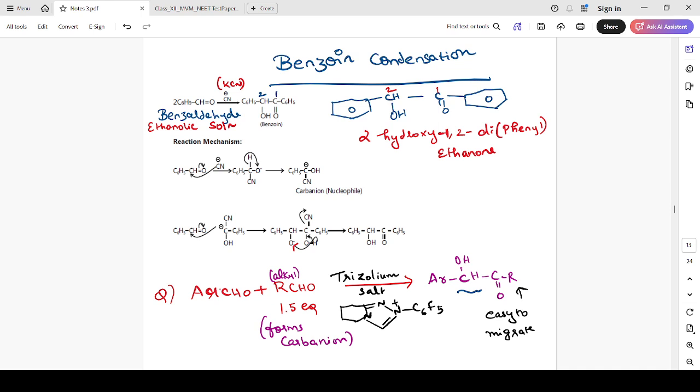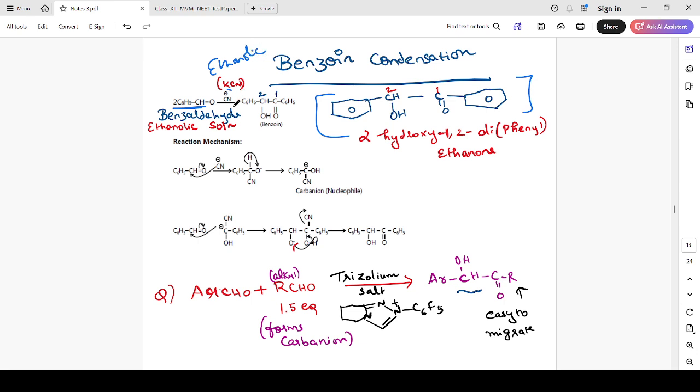The next reaction is benzoin condensation. Benzoin is a commercial molecule, so this is benzoin. You can always expect the question, very typically, with respect to benzaldehyde itself. They do not give you varied examples here. It's only benzaldehyde here. So we have 2 moles of benzaldehyde in the presence of ethanolic KCN